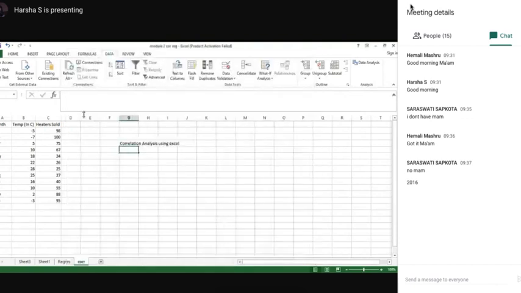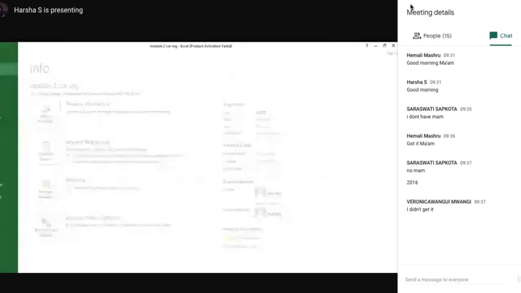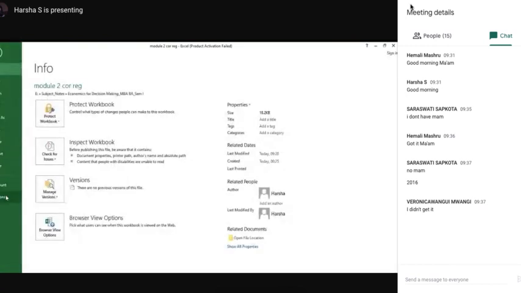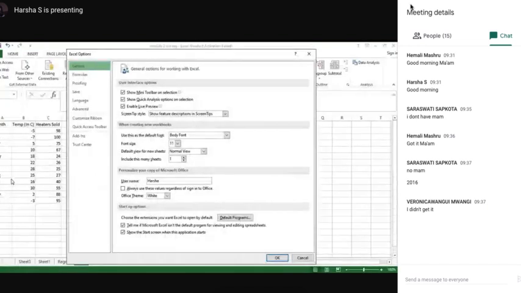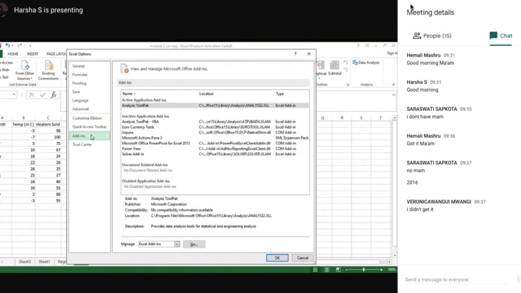I'm repeating once again. Click on File, then at the last you have Options. Click on that Options. Then a toolbox will appear. From that, you have to go in Add-ins. Then in your inactive application add-ins, there would be a word called Analysis Toolpack. Click on that Analysis Toolpack and click OK. Then you will get it in the extreme right corner, the one I have right now, below your cross and minimizing bar.